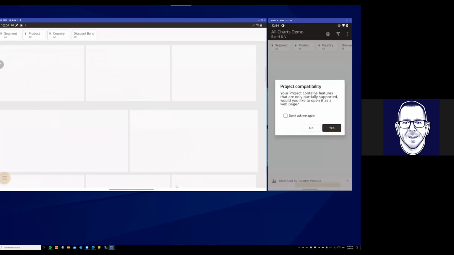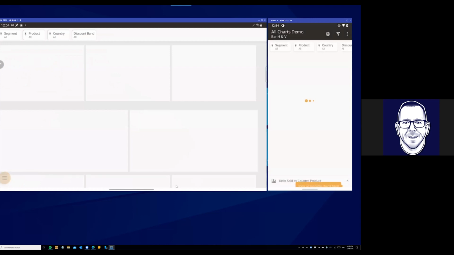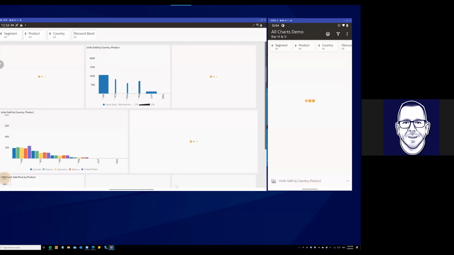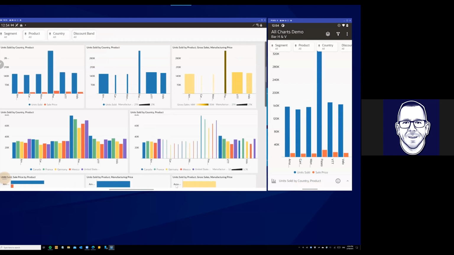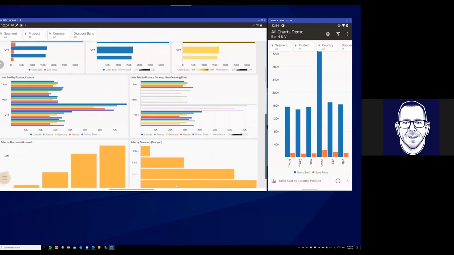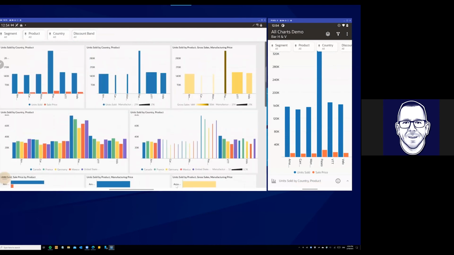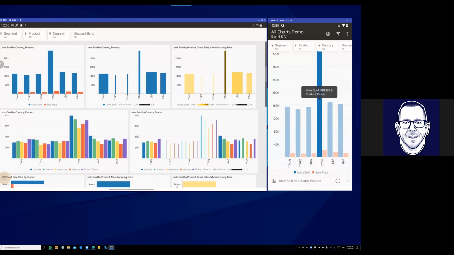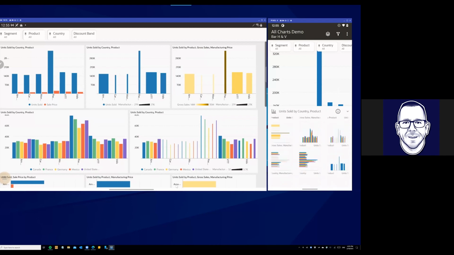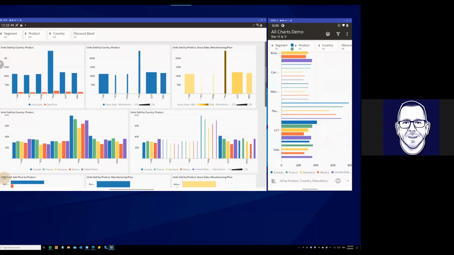This is just to show the breadth and the depth of the types of visualizations that we support. My server seems really slow right now, but I think you'll get a sense for it. The idea here is that any viz that you've created on the desktop will show up in the same layout on a tablet. On a phone, we do what we call an adaptive layout, where you can see one chart in full screen and then switch to one of the other ones using the chart switching tray.